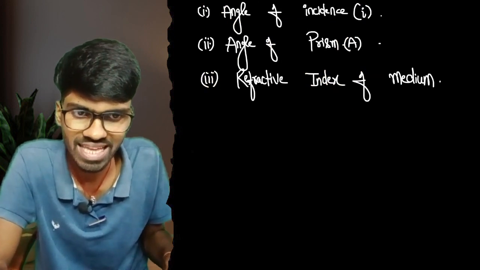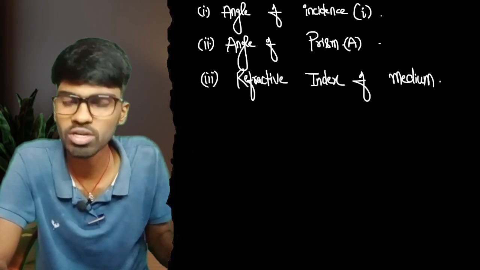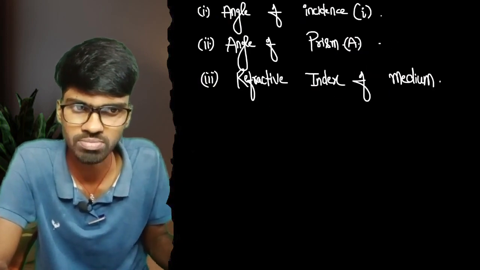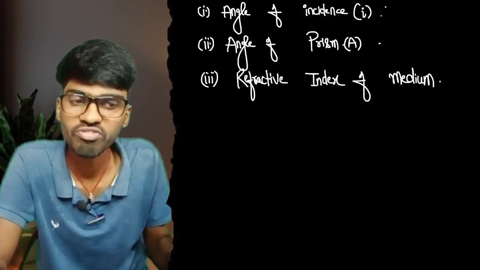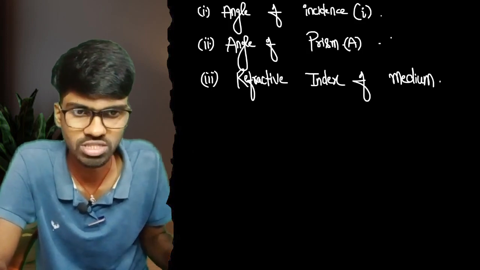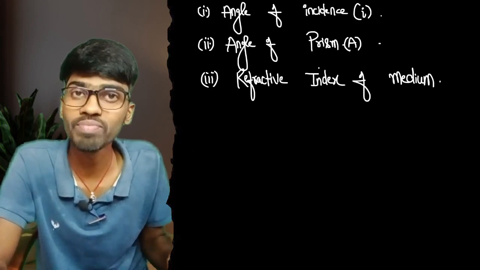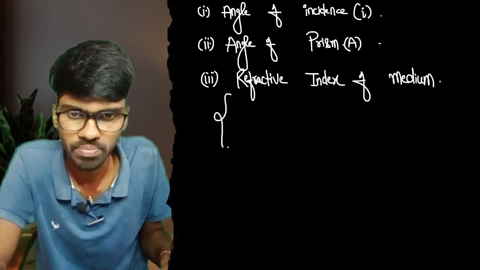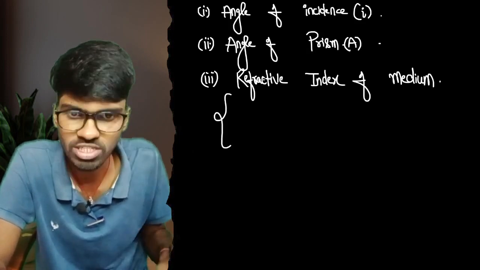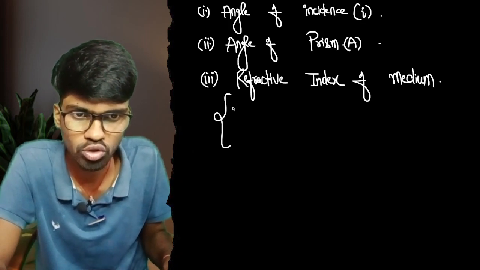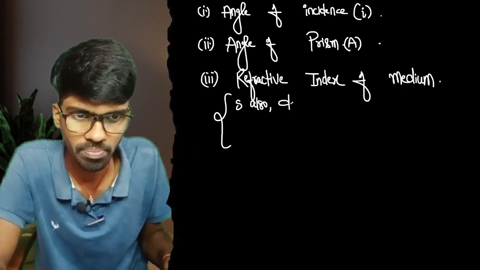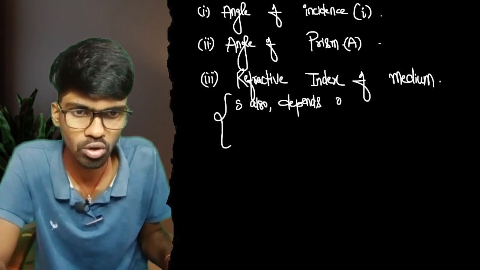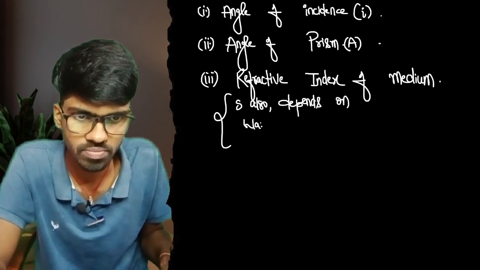We can further see that the angle of incidence does not depend on anything, and similarly the angle of prism only depends on the geometry of the prism. If the prism is fixed, then the angle of prism is constant. But the refractive index of the medium depends on another thing: it depends on the wavelength of light. So we can also say delta also depends on wavelength